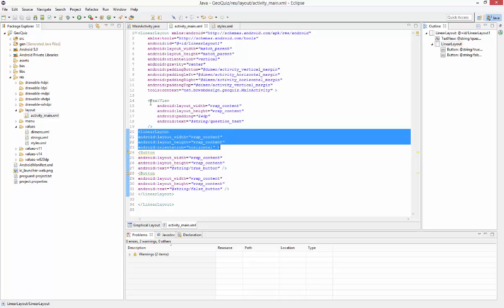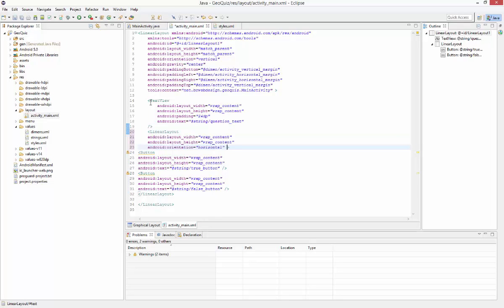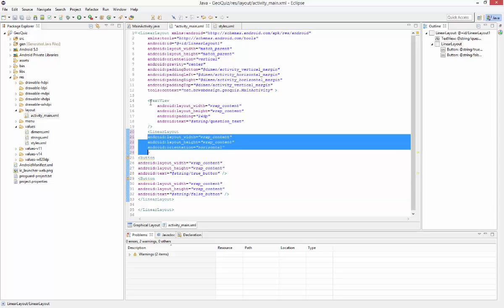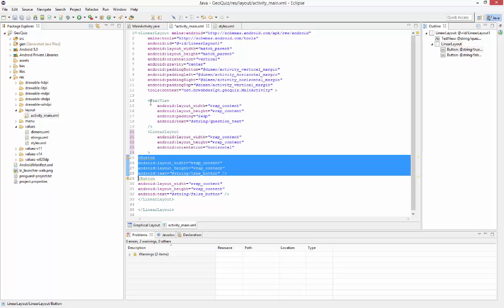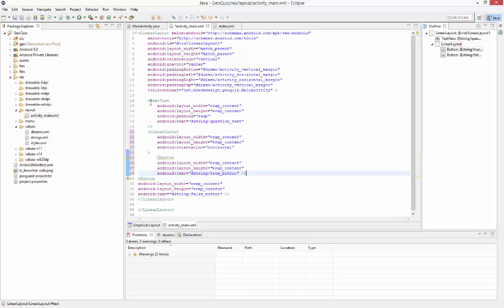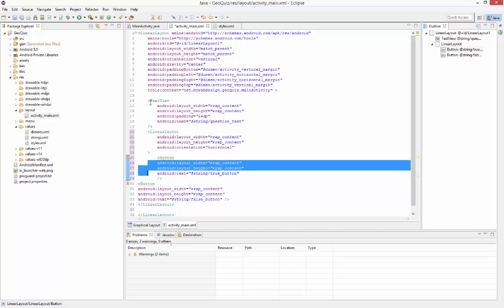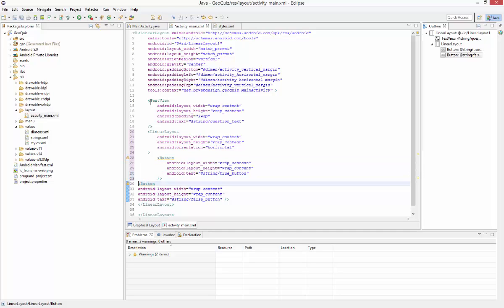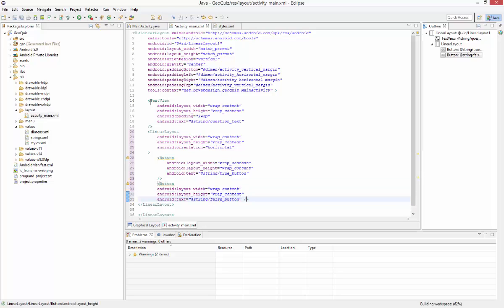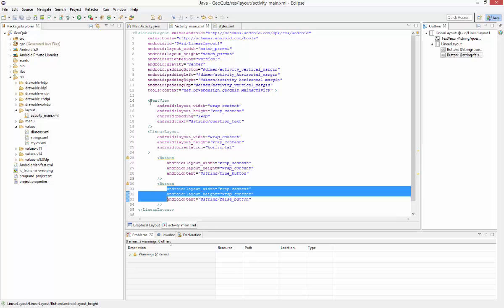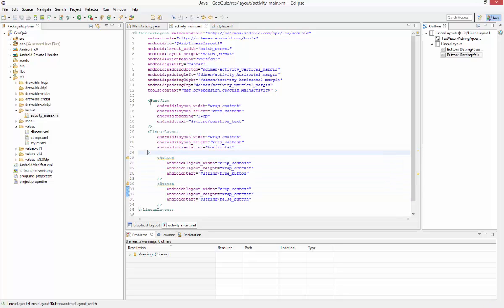So there's a text view, it self-closes out, and then I have a linear layout, and inside of the linear layout I have a button that self-closes. So I'm going to put that over by 2, and indent these as well, and then finally I have another button over here which I'm also going to indent, put on its own line, and do it like that. Now, the reason why I do it like this is because it just makes it clear